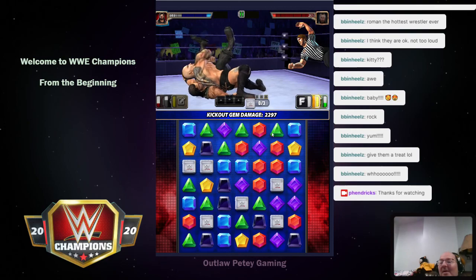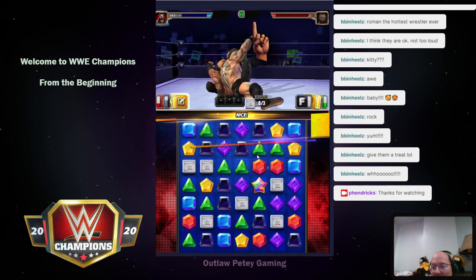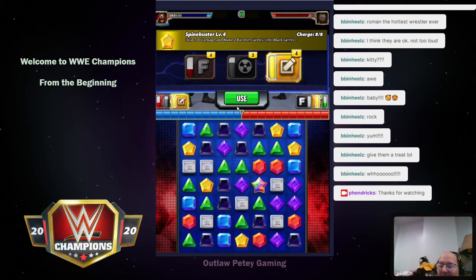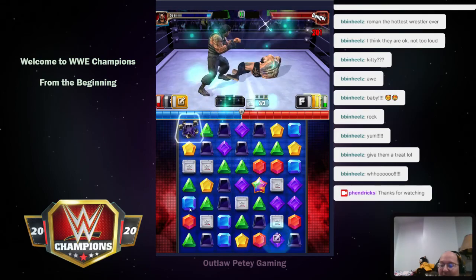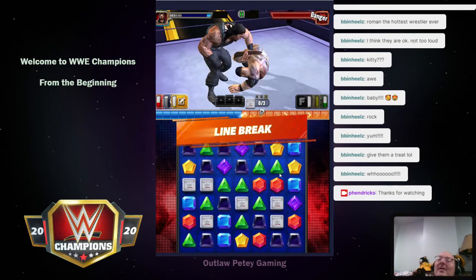Okay, so this could be trouble. I need to come up with 2,297 gem damage to kick out of this move. I read there's 756, so it's not as bad as it seems. The more injured you are, the lower those amounts become. So we're both hurting, so this is just going to be a race to the end. Now that he's in danger, this row break will...